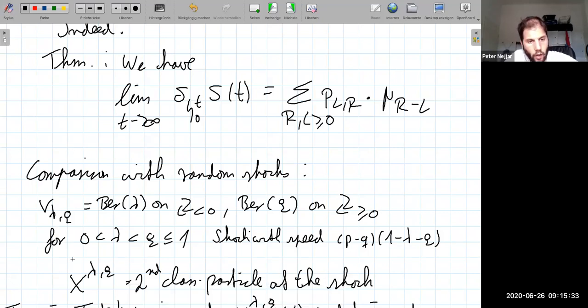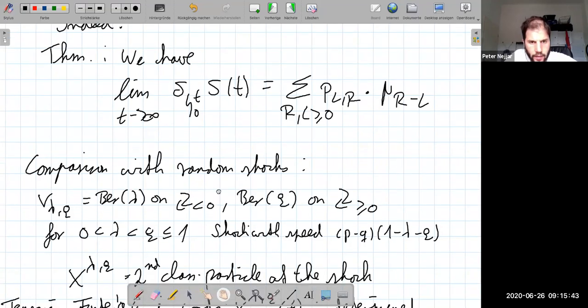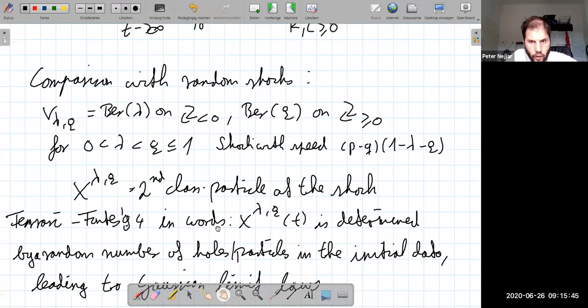And I call this second class particle X lambda rho. And just to state in words what was shown for that by Ferrari and Fontes, it's again true that X lambda rho is determined by a random difference of particles and holes. However, the